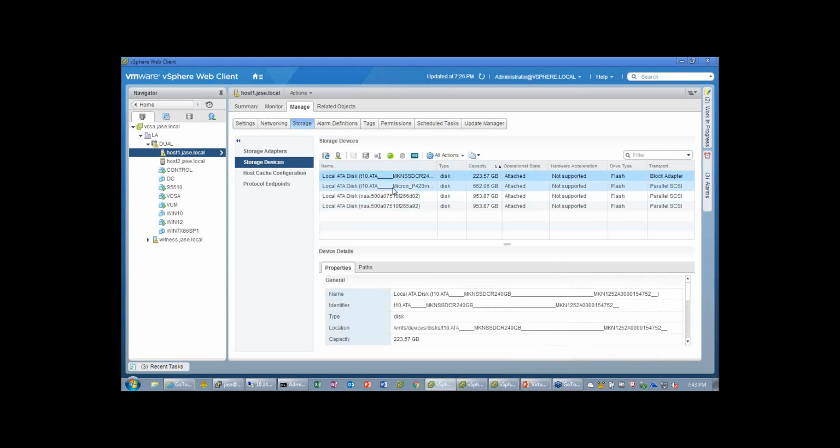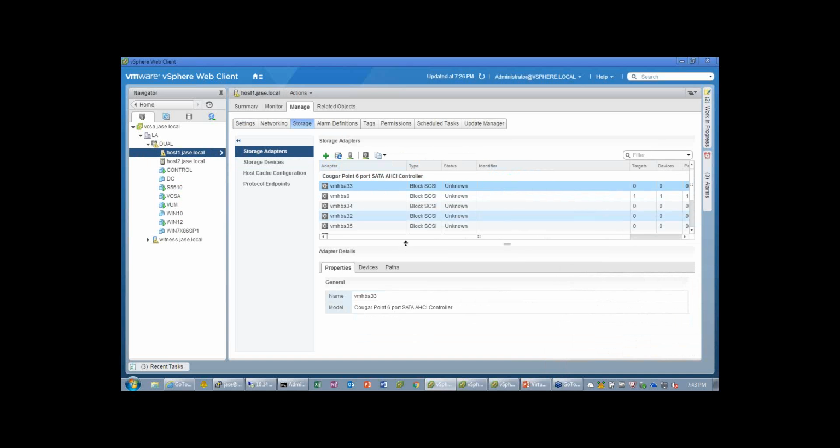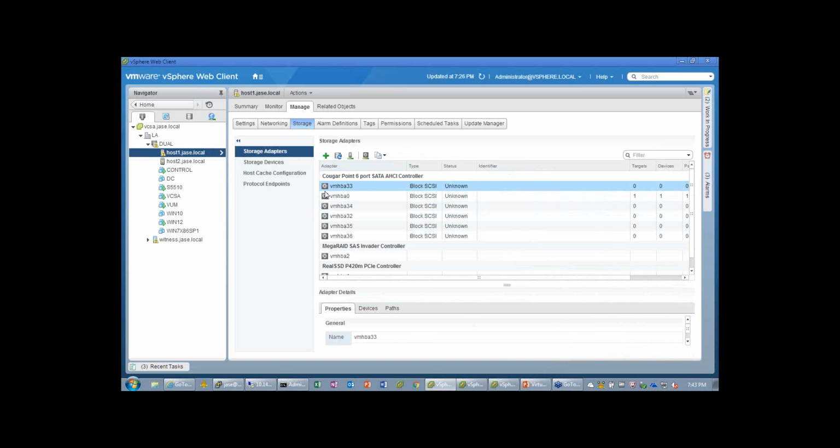Now, I do have a Micron P420M PCIe solid-state device that Micron was gracious enough to lend to me for a short time, and then I've got two additional solid-state devices that I'm going to be using for capacity. Now, with that being said, I've got my onboard storage controller here, and then I've got an Avago LSI